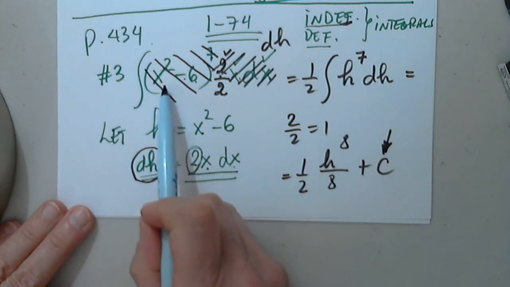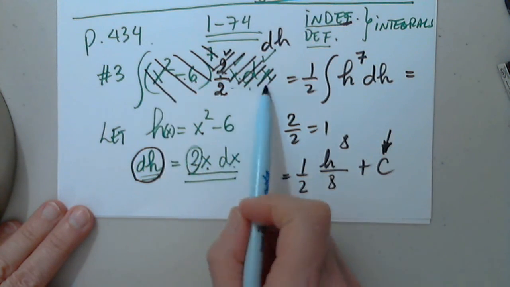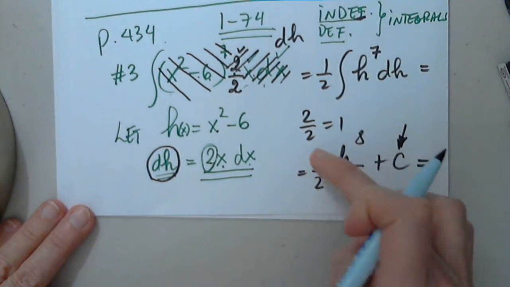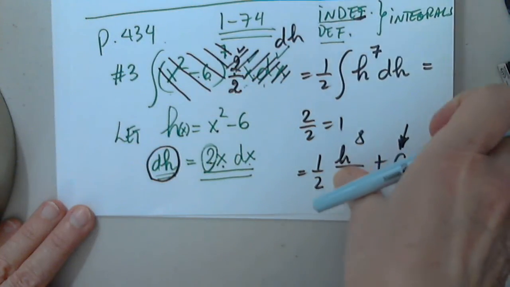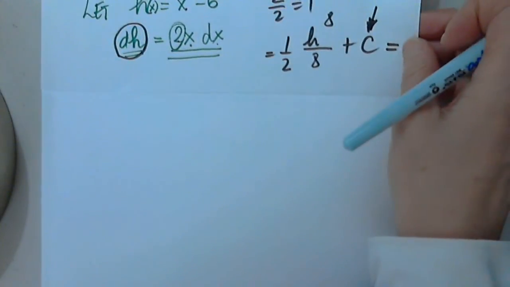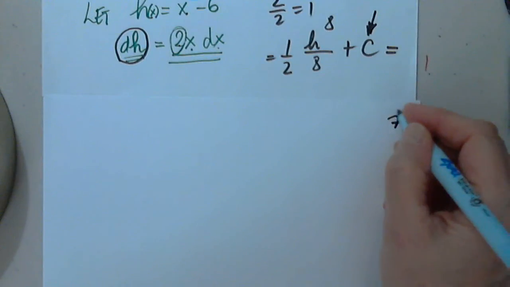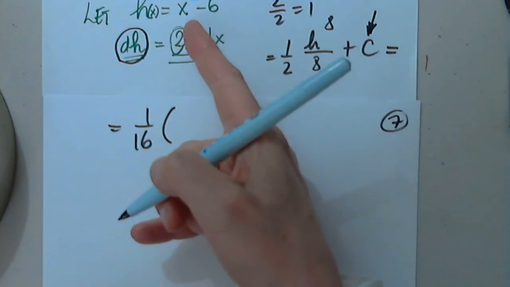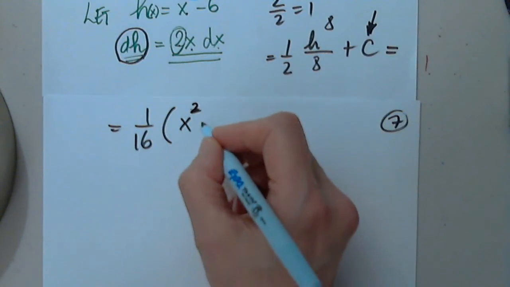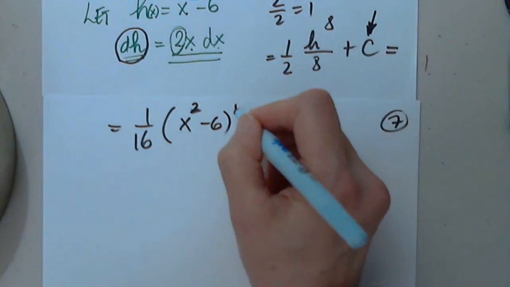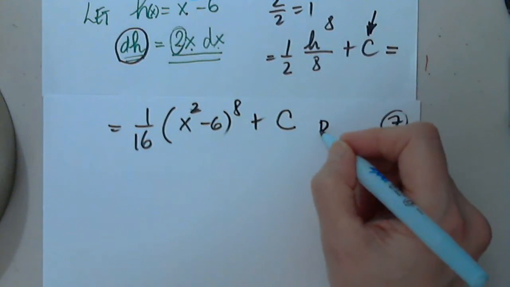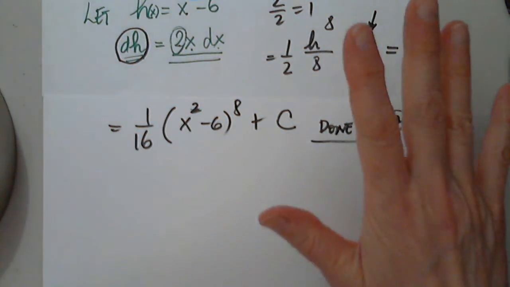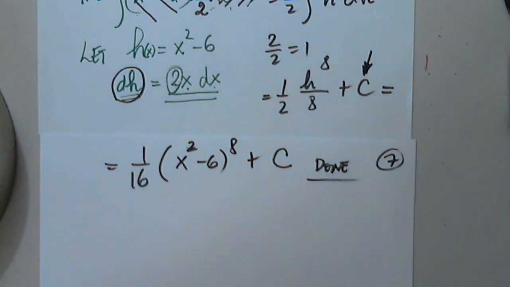But the final answer has to be presented in x. So then the final answer will be 1 over 16 in parentheses x squared minus 6 to the power 8 plus a constant c, and it's done. So before we choose the next and the next and the next example,